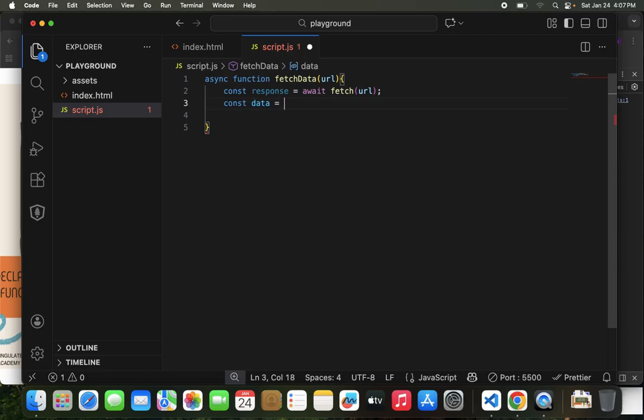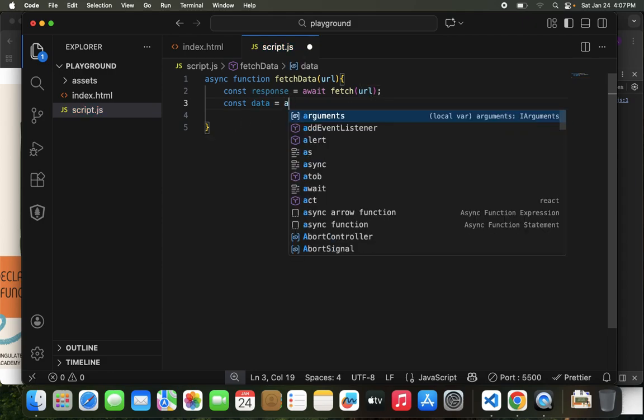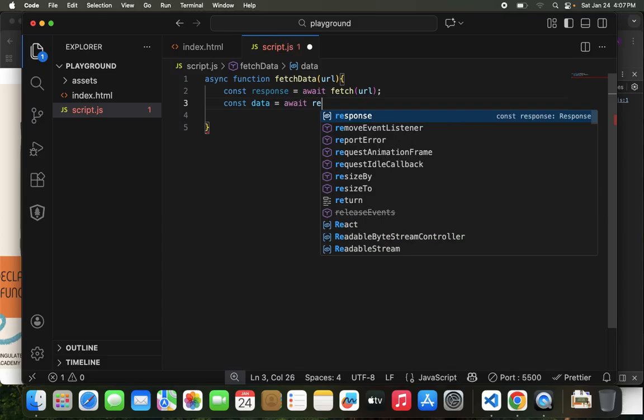Whatever response we get is going to be stored here. So this data is just me trying to access whatever response was fetched from this URL. This URL could have been anything. So const data equals await response